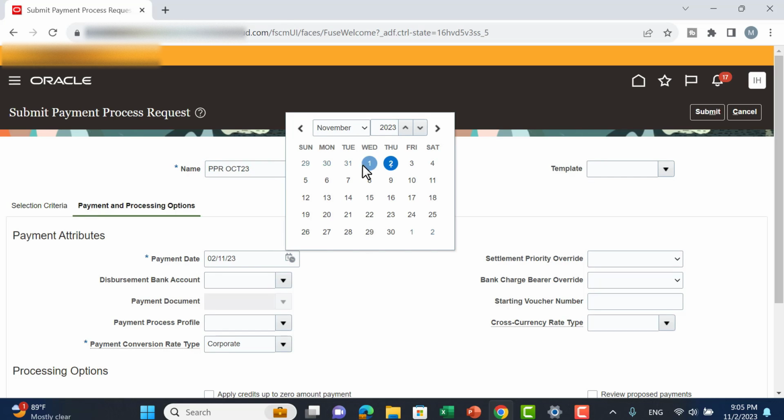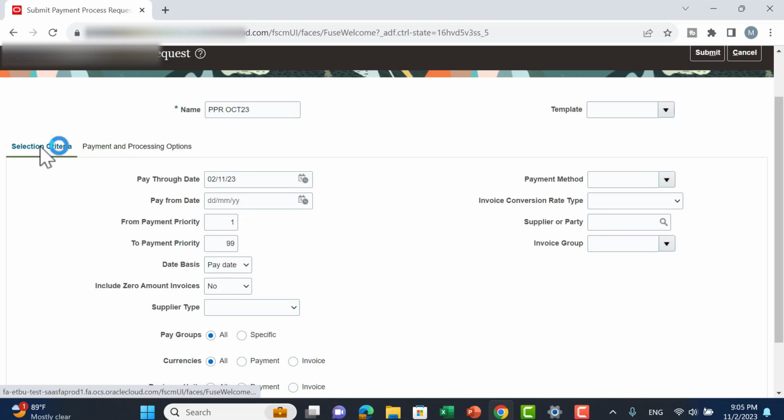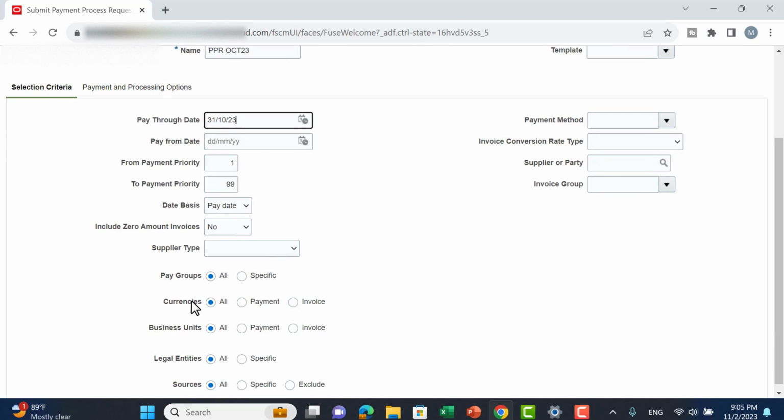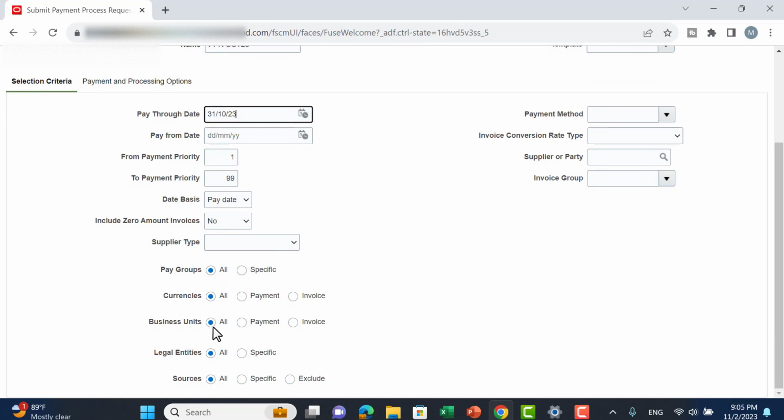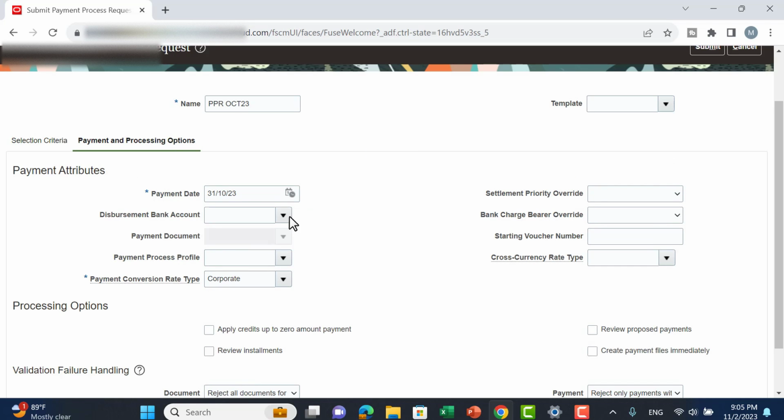Pay date, I will keep it in October because this is the current open period. Also pay through date from October. You can also choose a specific business unit, I will keep it as it is. Disbursement: select the bank document of payment. I will check wire